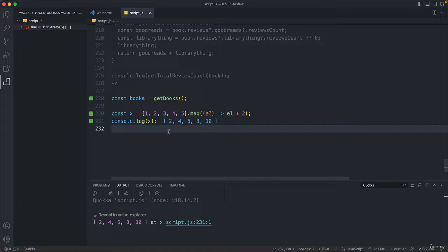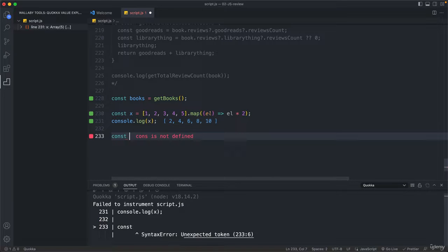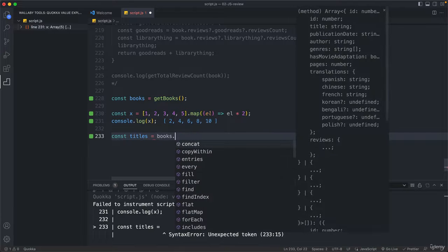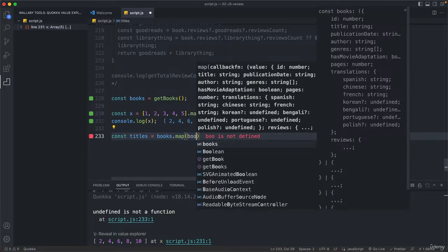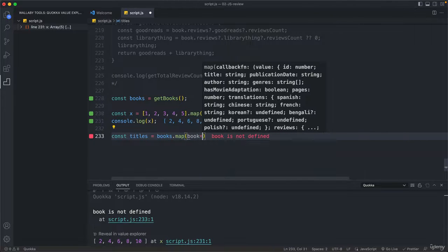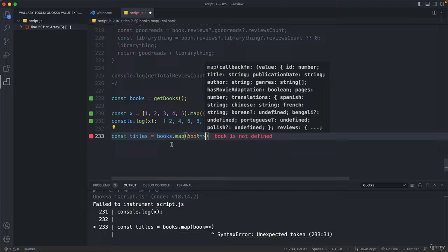So this was just some demo here, but now what I want to do is to create an array that contains simply all the titles of all the books. So instead of having this huge array which contains all these objects, all I want is an array which simply has all the titles. So let's say titles equals books dot map, and now again our callback function. And here let's call each element a book, because well, we have this books array, which is